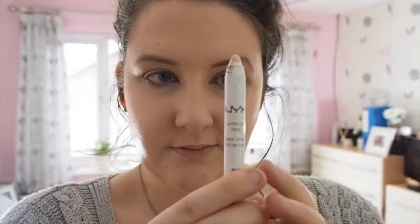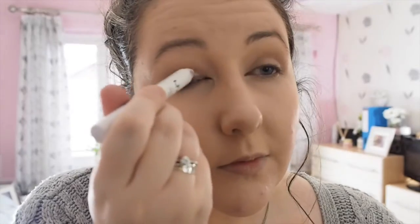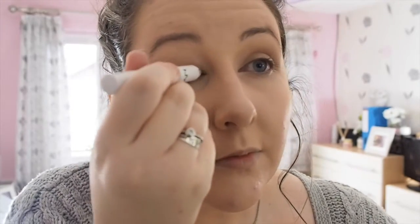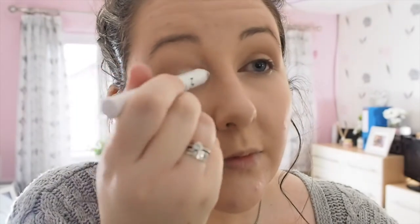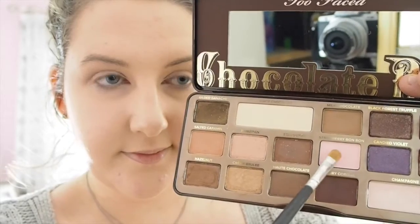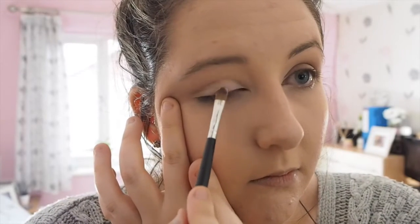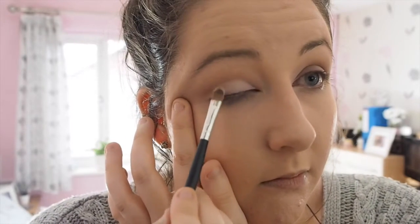And then taking this NYX Jumbo Eye Pencil in Milk, I am just going to apply that on the very inner corner of my eye. Because I'm putting a light shade on the inner corner, this is just an extra step that you can take to really enhance the colour. It's a little trick that I always personally use because it really does help. So I'm blending it out with my finger, keeping it low, and then applying this shade here, which is called Strawberry Bonbon. And I'm just keeping this quite low, but I'm taking it practically along the whole lid,